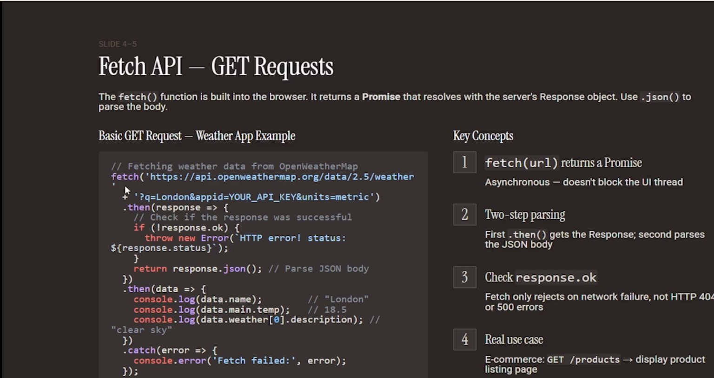Fetch HTTP double slash API open weather map. In this example we fetch the API from OpenWeatherMap. So this HTTP API is the OpenWeatherMap link. We get the API from OpenWeatherMap,